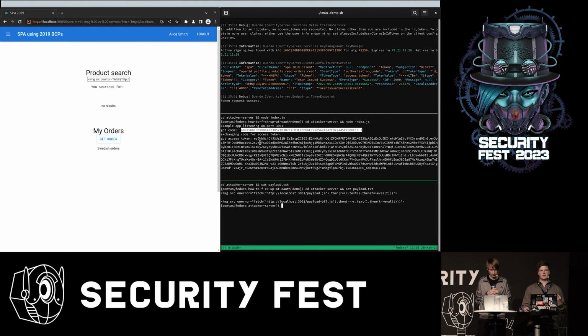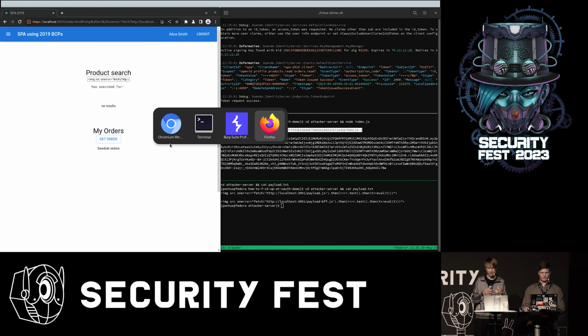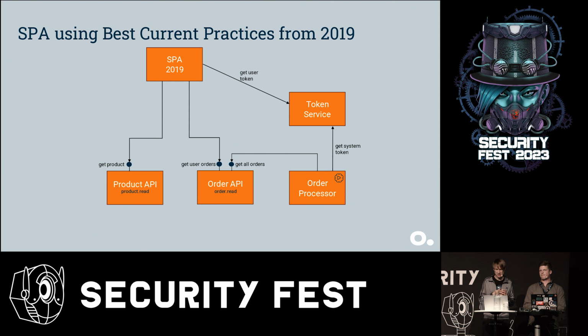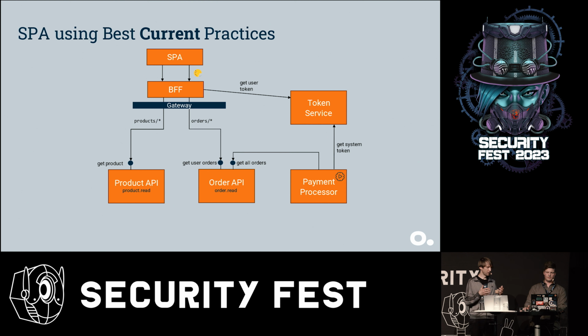And this is one of the reasons why we no longer recommend using access tokens in the JavaScript frontend. Yeah, so what Pontus just showed there is that we can't really hide tokens if the attacker can run code in your application. If you want to look more on this subject, there was a great presentation from Philippe De Ryck from NDC Security earlier this year. But now, how can we fix this? If we instead follow the best current practice of today, the most obvious thing here is, of course, to move things to the back end.